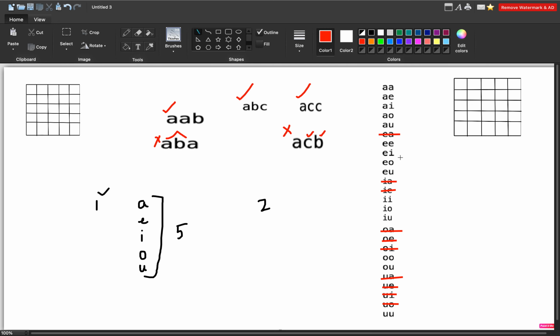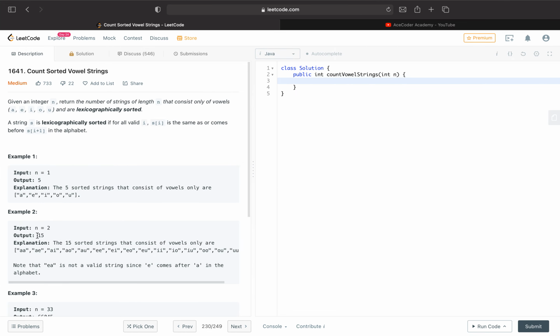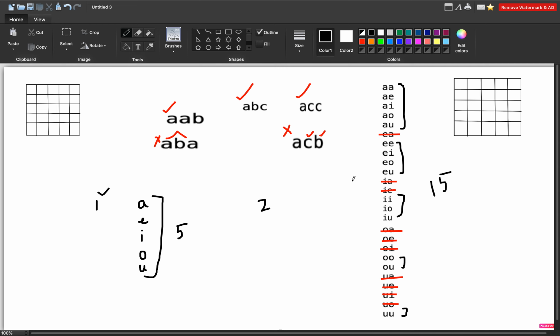yes. So let's count the total number of strings, which is basically the answer we have to return. So 5 here, 4, 3, 2 and 1. So basically the total will be 15. So let's recheck that, is our answer 15 only? Yes, our answer is 15, and you can recheck all the strings that we made, they are the same basically.